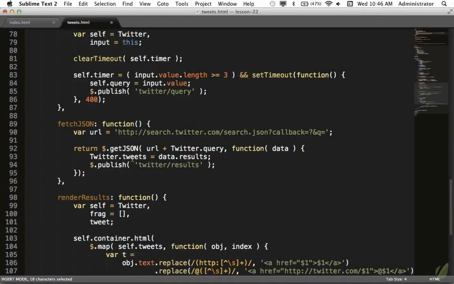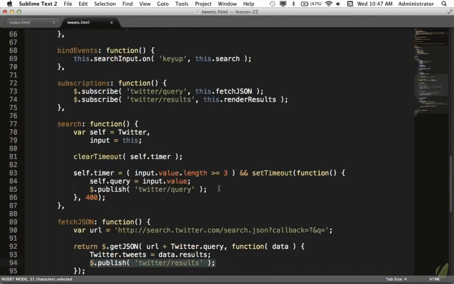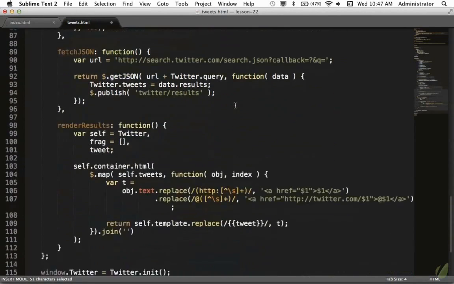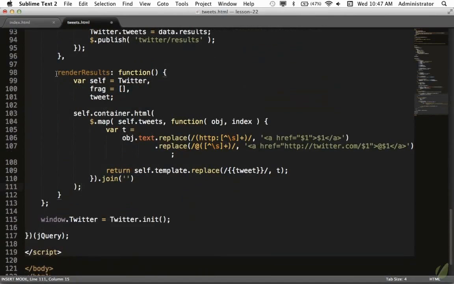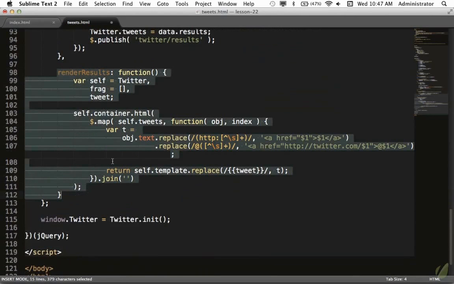Its only job is to make an announcement. Here, within the callback, it's making the announcement, hey, I have the results from Twitter. Whoever wants them, here they are. So let's see what happens. Well, here, a new subscription is listening for the results, and when results are available, it executes the render results method. Render results will simply filter through that Twitter data and throw it into the DOM,